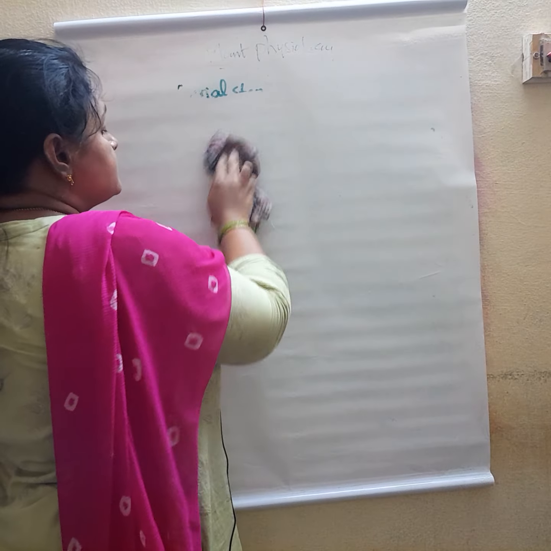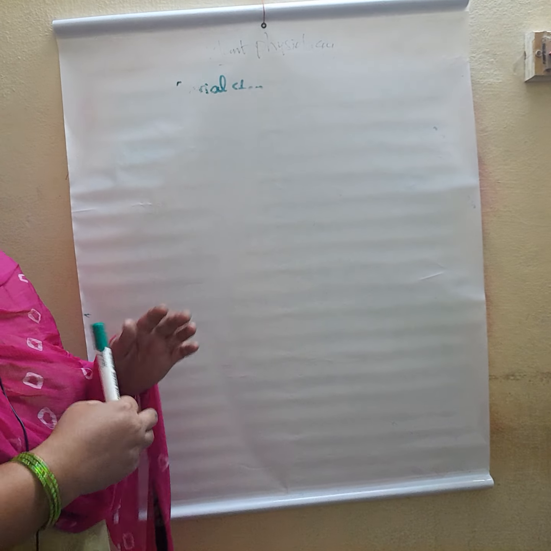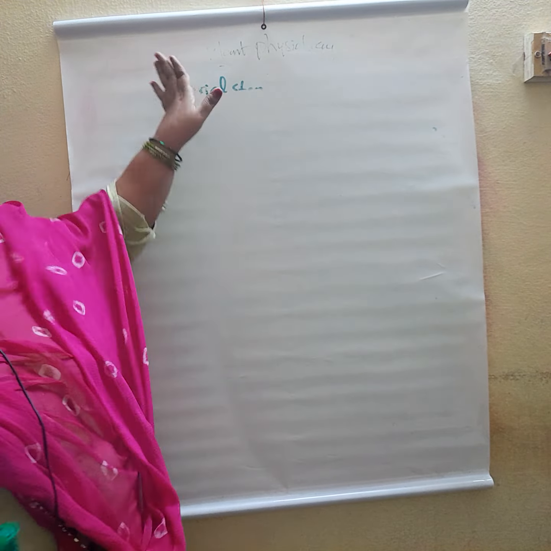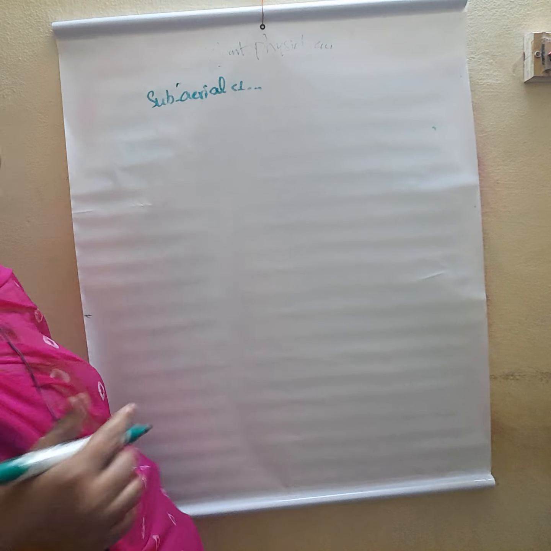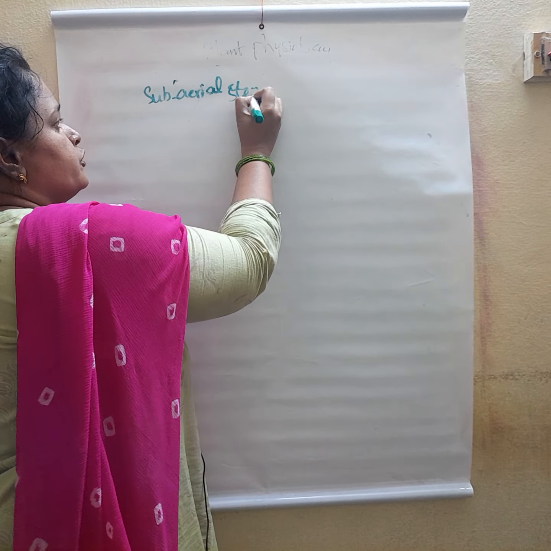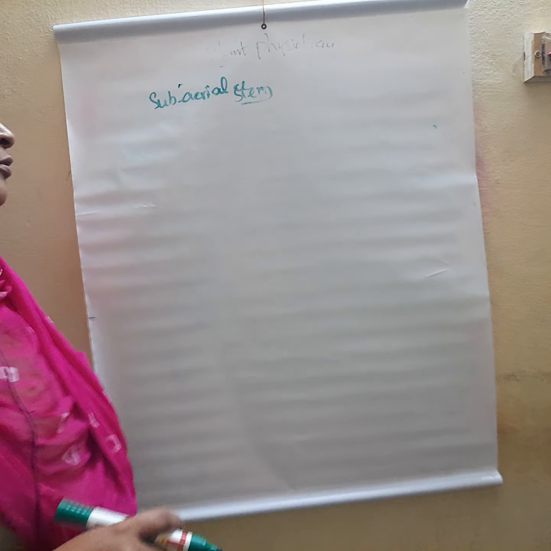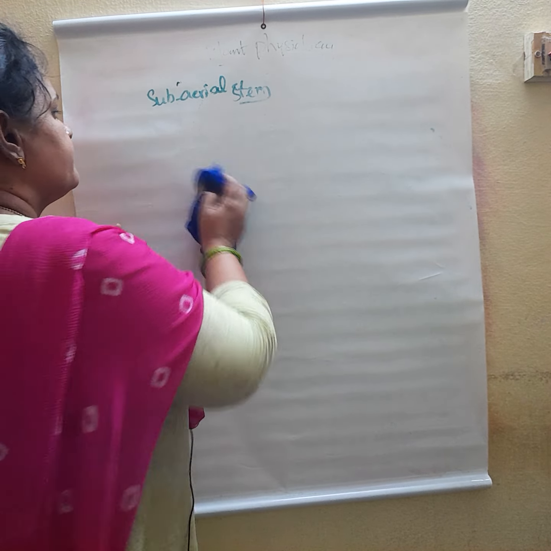In some plants, the stem is weak and creeps on the ground. Those plants are called subaerial. That subaerial stem is modified to perform some function, which is called subaerial stem modifications. If you see the subaerial stem modifications,